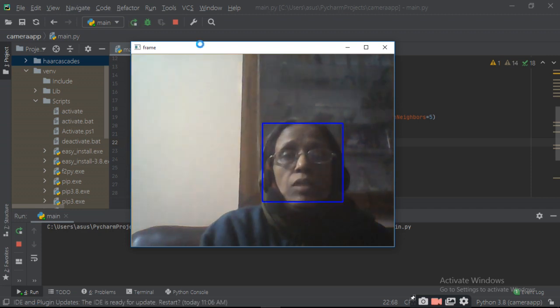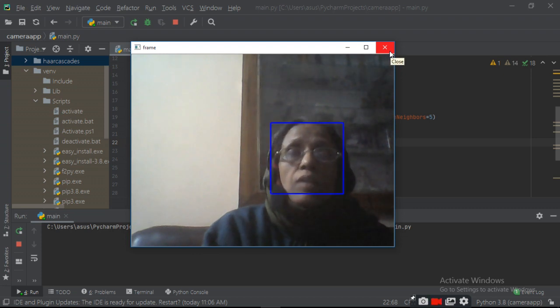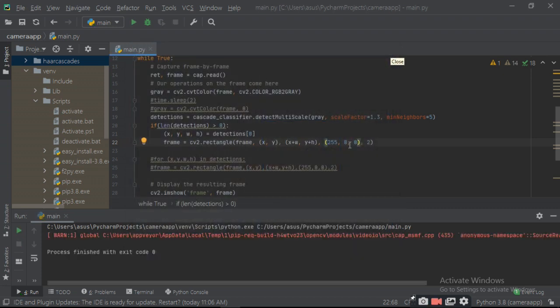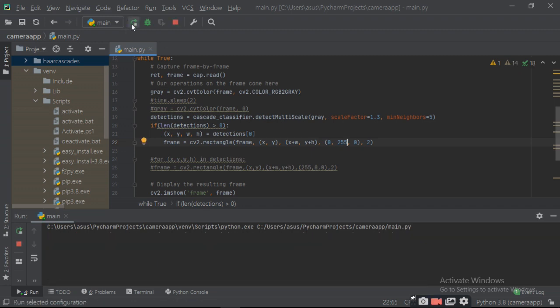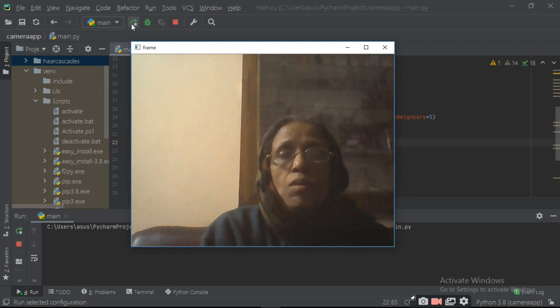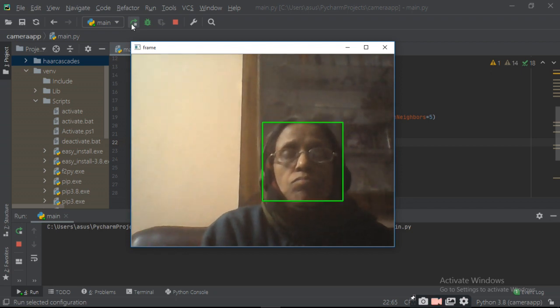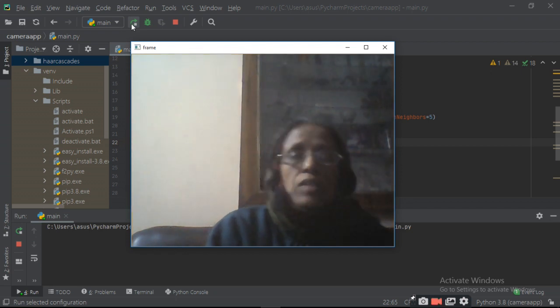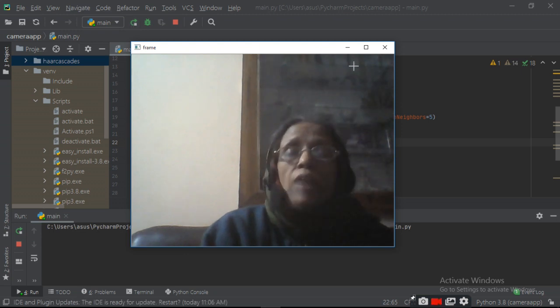This time it is giving blue. First time it was giving red, then this time blue. Now you can again change this into green. For that you have to write 255 in the middle and then run it. So it is giving green and recognizing your face.